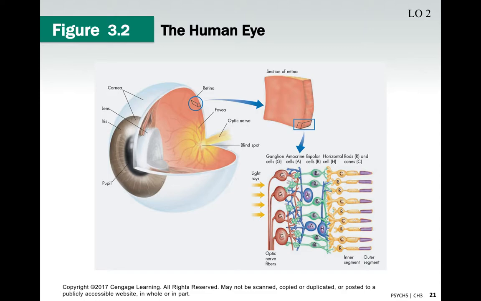And again, down in the bottom right-hand corner of this image is what's going on, the steps. We have light rays from the environment making contact first with the ganglion cells and the amacrine cells, bipolar, horizontal, rods and cones, and then this goes on. We have the optic nerve. So really, the steps in all this aren't important, but just know that it is a very complex process. It's not just, hey, we open our eyes and we see. There's a lot going on below the surface in terms of how our eye is working. It's really doing a stand-up job of processing a lot of information very quickly.